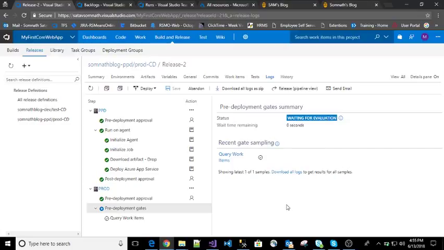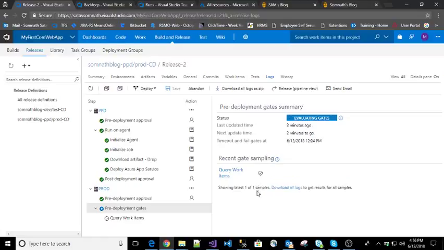Let's wait till it runs the query item query, and I've set up some threshold values. If there are no bugs, then only it will proceed further, otherwise the continuous release will fail. So as I modified the bug from state closed to open, I think now it should fail. And then there are some settings where it will keep evaluating the states of a gate, and you